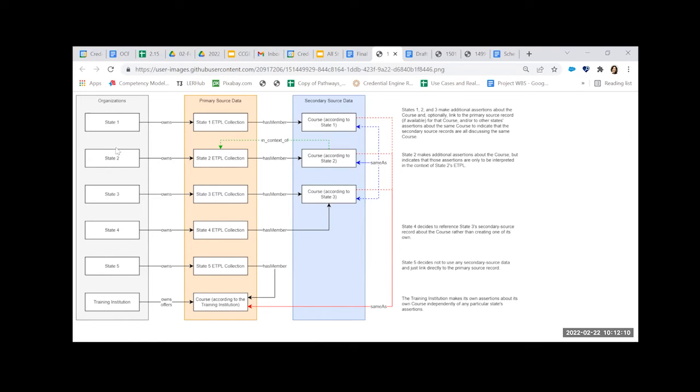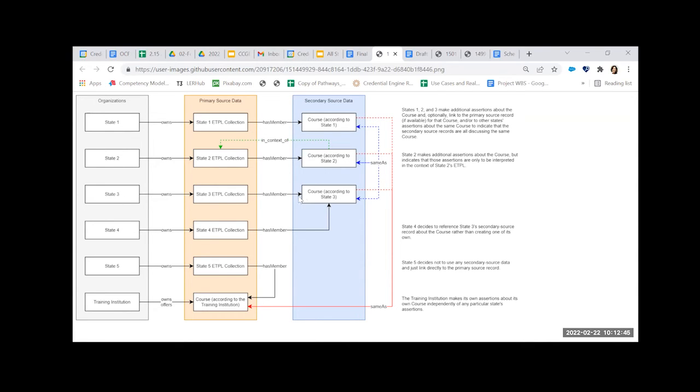State 2 is doing the same thing as is State 3, but the interactions here are a little bit different. So State 2 is saying that their course data only should be consumed, only should be paid attention to if you're consuming it in the context of their collection, which essentially means there's something about it being in that collection that makes that record special, right? So maybe they've indicated this course has this specific set of locations or costs or something to that effect, something that's unique to that course in the context of that collection.